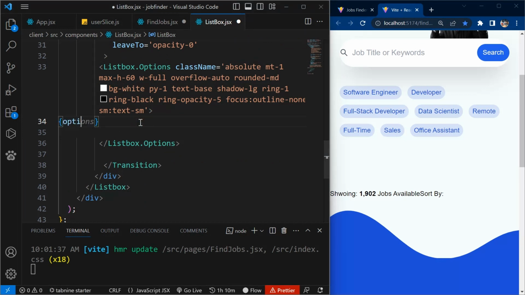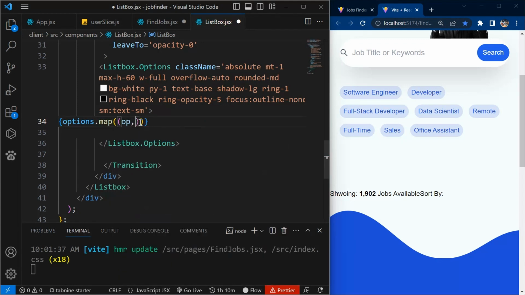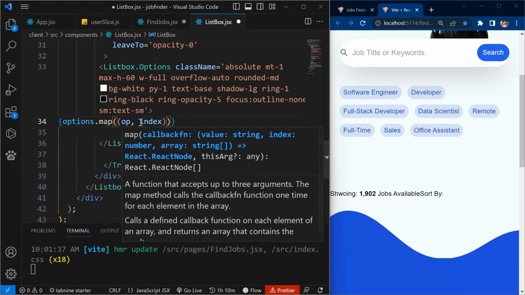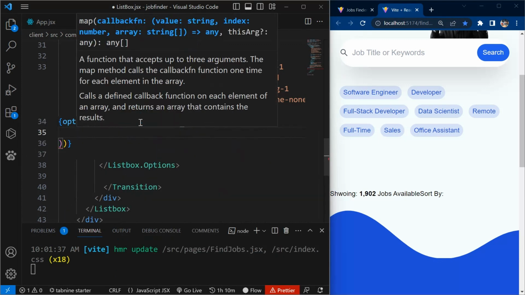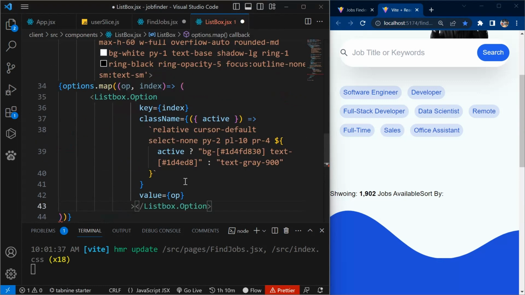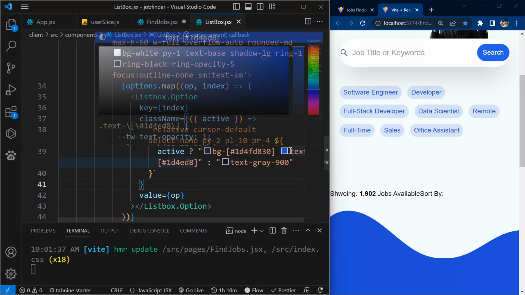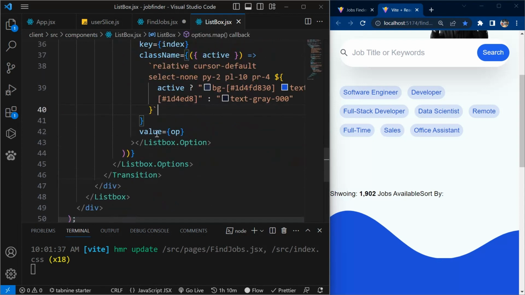Okay, so you've seen this over and over. The leave from, then leave to. Now inside the Transition, we'll have the Listbox.Options with these classes of absolute, and inside it, that's where we're actually going to loop over our options. So we loop over it and we get the option and the index and instantly return something, and we will return a